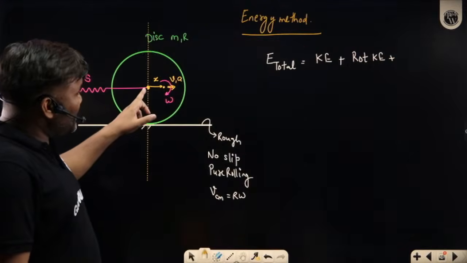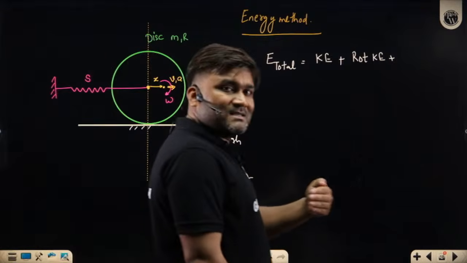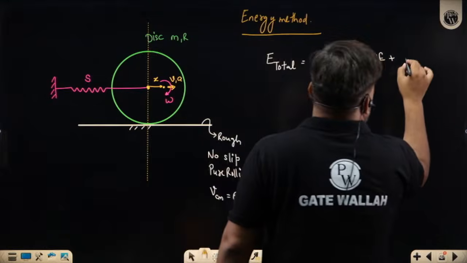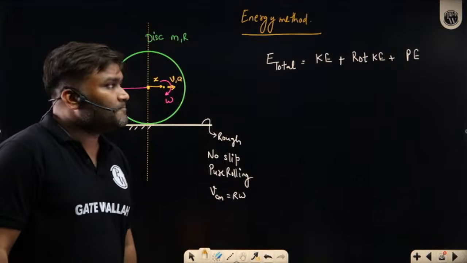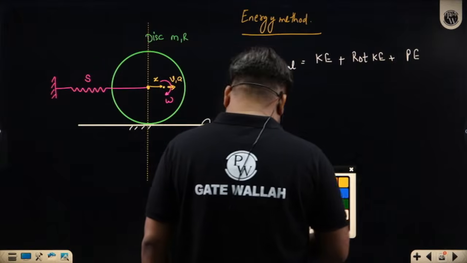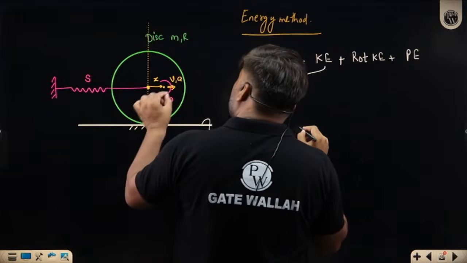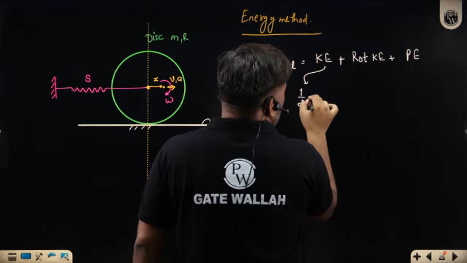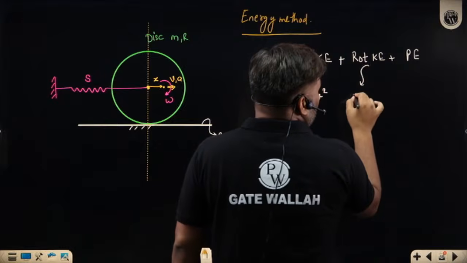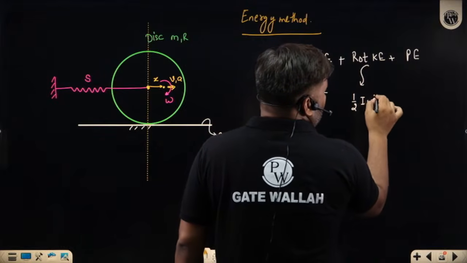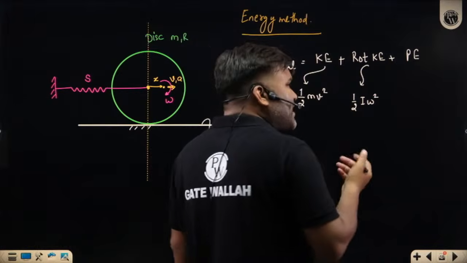Sir, a spring has got elongated by some amount. When mass has moved by some x amount, the spring has elongated by some amount. So you are also going to have some potential energy. Anything else? Sir, nothing. Ask this kinetic energy, what is this kinetic energy? Kinetic energy is m mass, v velocity, it is moving, so half mv square. Rotational kinetic energy, sir, it is half I omega square. I is the inertia of the body, omega velocity, it is rotating, so half I omega square.